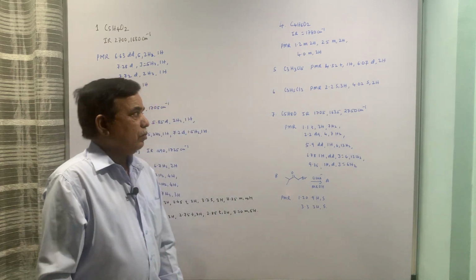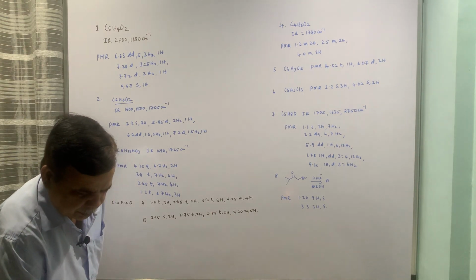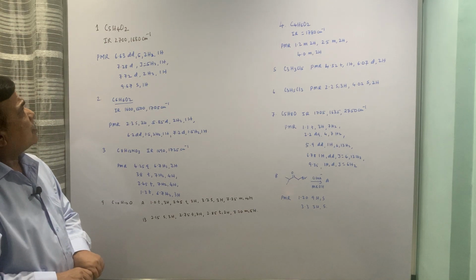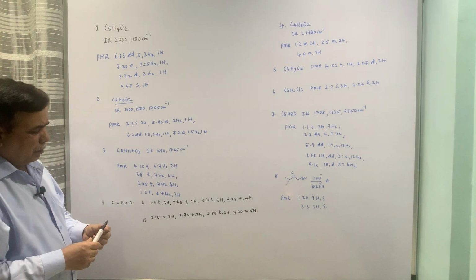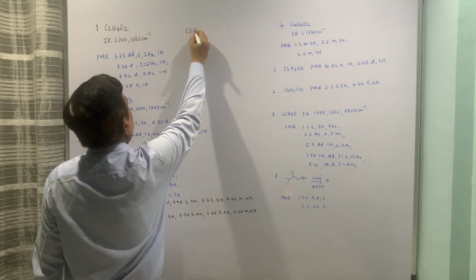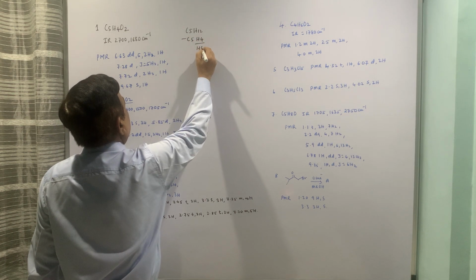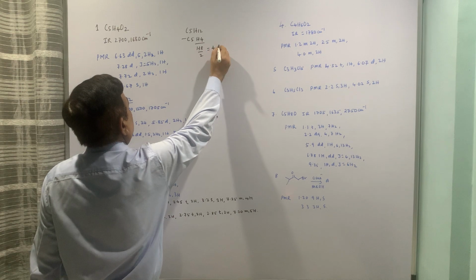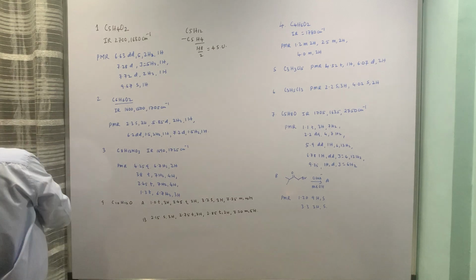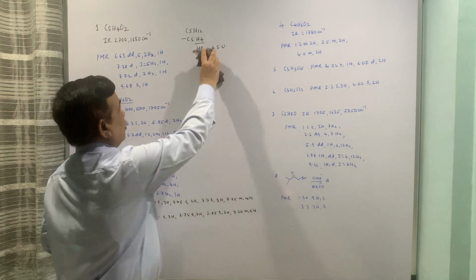Now today we are going to solve some numericals from the earlier question papers. The first numerical is C5H4O2. So neglecting oxygen, we can calculate the sites of unsaturation. Four sites of unsaturation. Okay, that is the first part. So four sites of unsaturation suggest that it can be an aromatic compound.